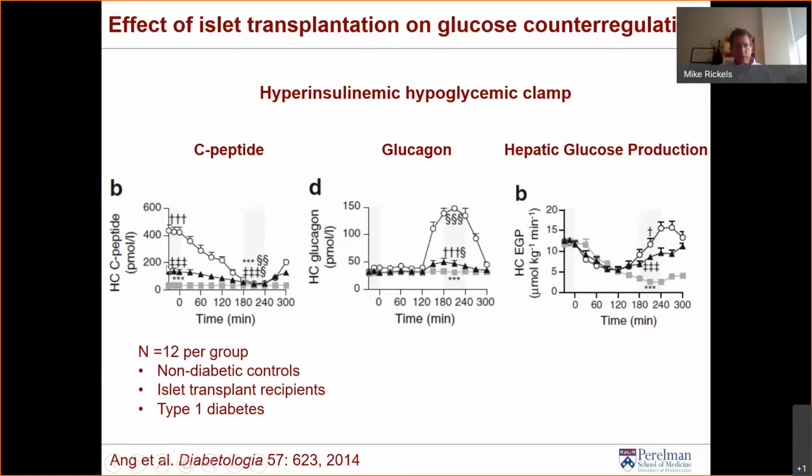Nevertheless, this restored endogenous insulin secretion was appropriately suppressed during the induction of hypoglycemia that was achieved during the 180 to 240 minute time point of the clamp. And that was associated with a restoration of counterregulatory glucagon secretion that's absent in individuals with type 1 diabetes during hypoglycemia. And while this remained significantly less than that present in non-diabetic control subjects, it was sufficient to markedly increase hepatic